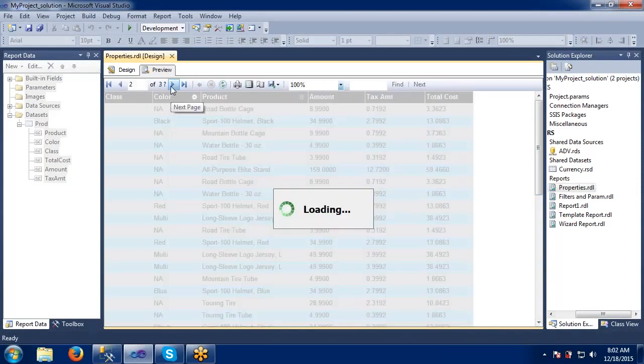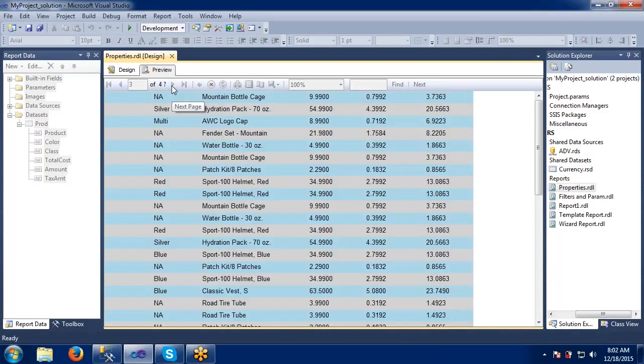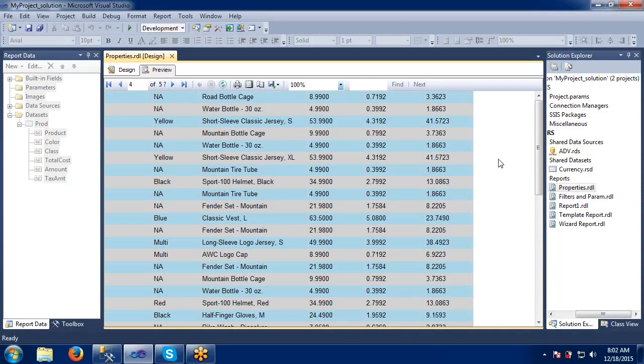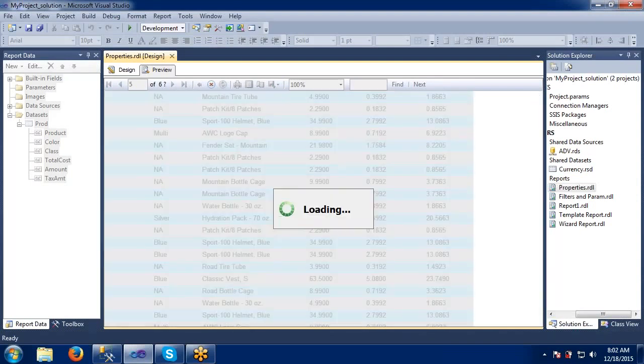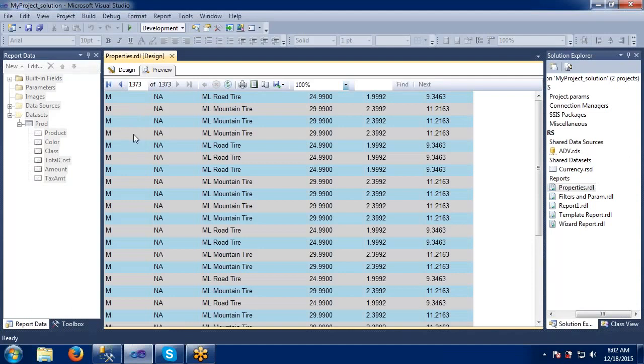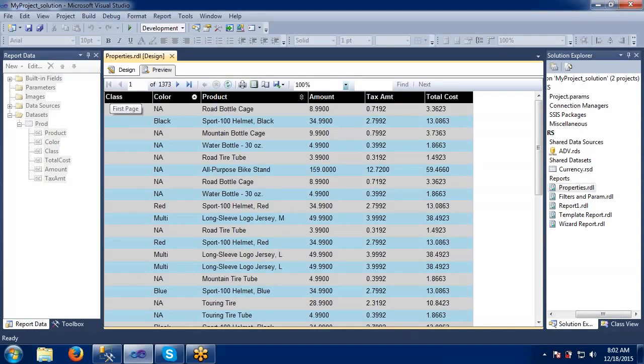If you go to the next, it will be sorted with some other color here. Go to the last page, then see, now it is sorted at the back end. Like this it will be sorted here based on the color I have given, right? That's why it is giving like this.